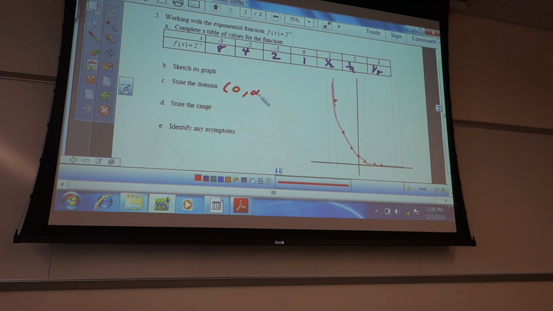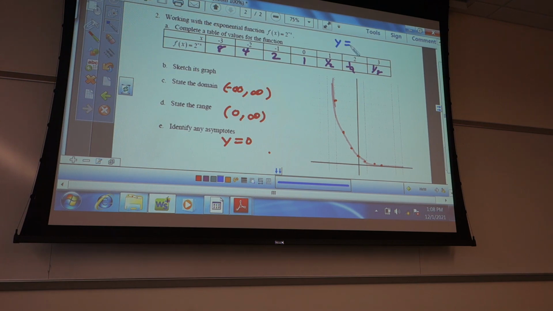Negative infinity to positive infinity. My bad. The range, 0 to infinity. And the asymptotes are, again, y equals 0. Exactly the same. So we're finding, or hopefully what we figured out, is that this